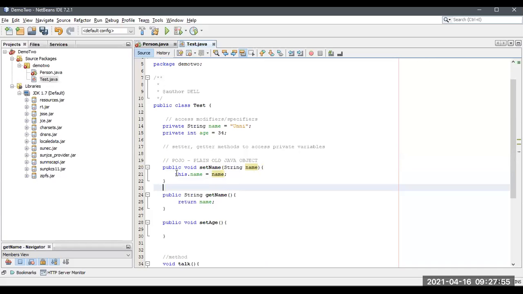What is the use of the this keyword? Suppose someone is supposed to use a pen, and the same pen is over there. The manager is asking, please don't use this pen, use that pen. Instead of this name, use the name that I passed to the method as an argument. I think you got my point, right? Don't use this one; use the value I mentioned over here.